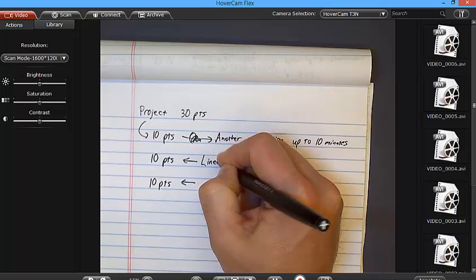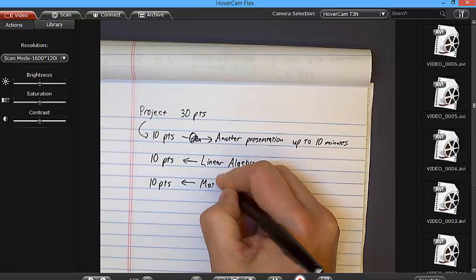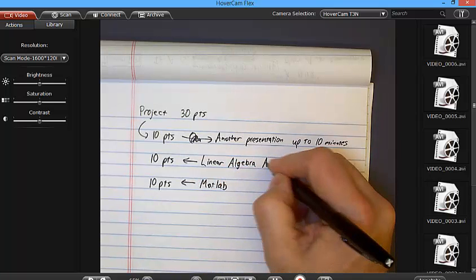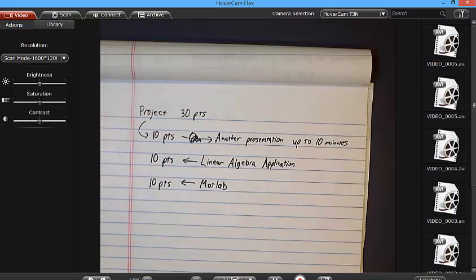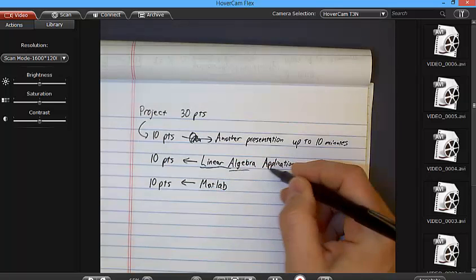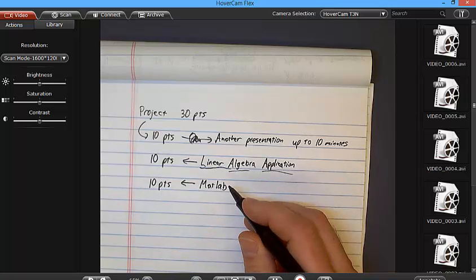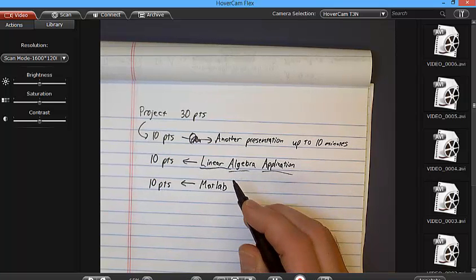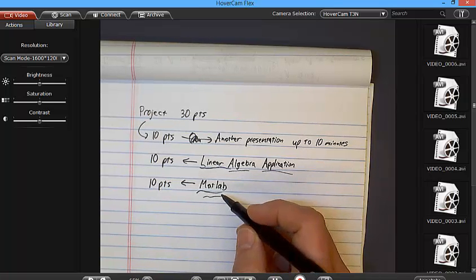Okay? And so I wanted you to pick something out that has linear algebra in it. You don't have to write this down because I'm going to have a handout. But I also really wanted to get you into some MATLAB. So some linear algebra application and some MATLAB. And what we've been finding is this. Some of you it's been very easy to find a linear algebra application you're interested in, but you've had trouble even thinking about the MATLAB. And I hope I'll be able to help you with that, with what I'm going to show you in a second. Some of you, it's been very easy to think about MATLAB,